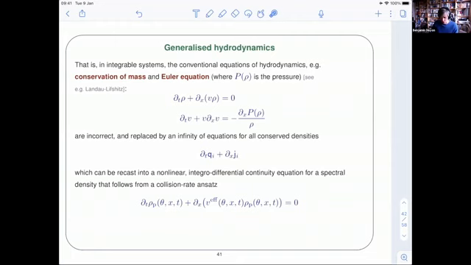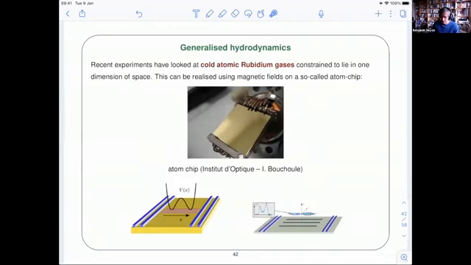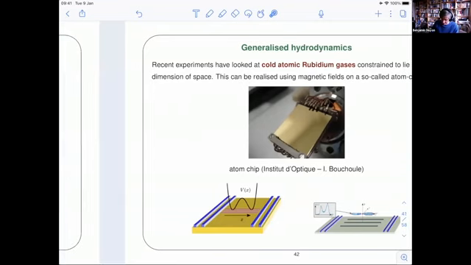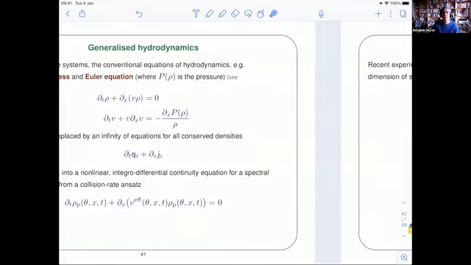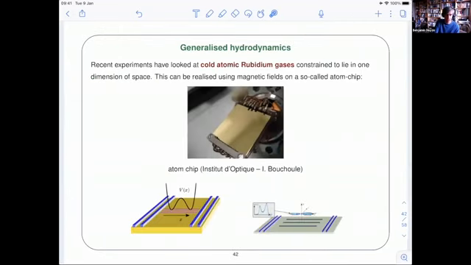So time is short, but the fact that this doesn't work and that works has actually been observed in experiments. I told you that the Lieb-Liniger model can be experimentally implemented using cold atom gases. This is a picture from the Institut d'Optique, Isabelle Bouchoule, who is the leader of this lab. This is one way of constructing these quasi-one-dimensional systems by using cold rubidium atomic gases, which are confined using a magnetic field. So you have a magnetic field that confines them into 1D, and some other magnetic field, produced by these lines of currents there, that produces some kind of external